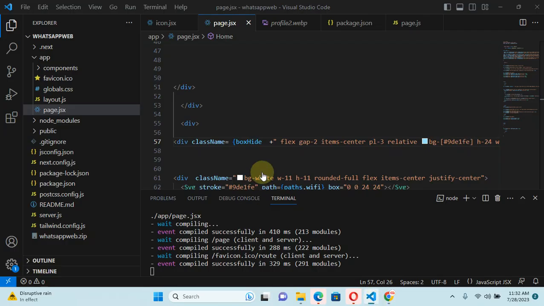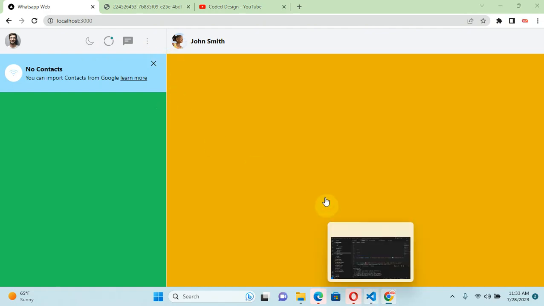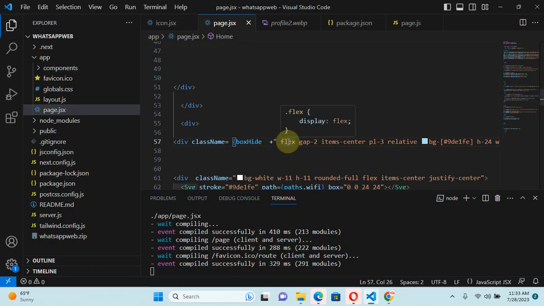Where we were in the last video, when we click here, this disappears. We were happy with that. But now let's go back. The first thing that we need to change is the conflicting CSS properties. What do I mean by that? If you look here, this is display flex. Remember this section, it's this blue box. It has got a display of flex. Behind the scenes, this flex class on actual CSS